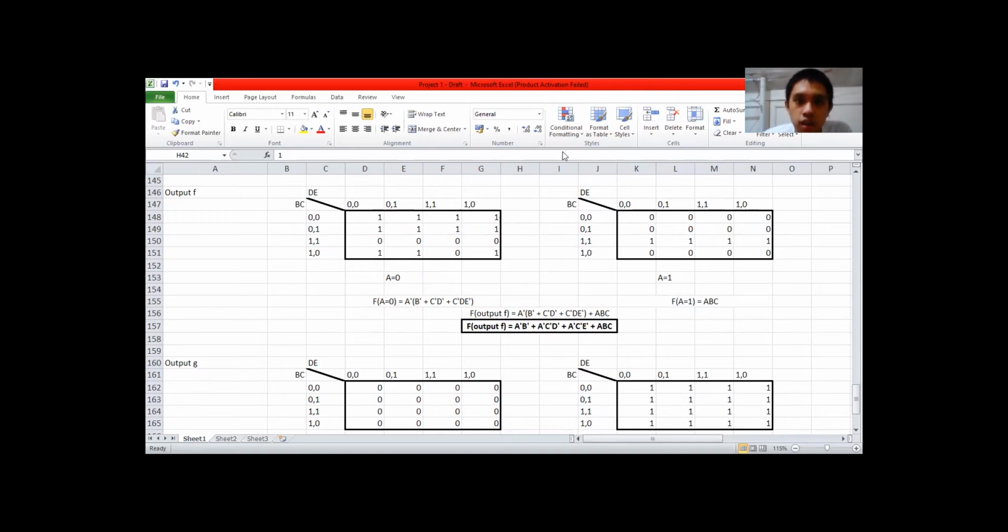So here is the grouping that I made for output F. Here is the first group, and then the second group. And this is the third group. And this is the fourth group